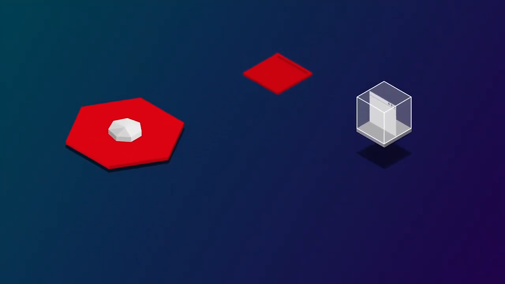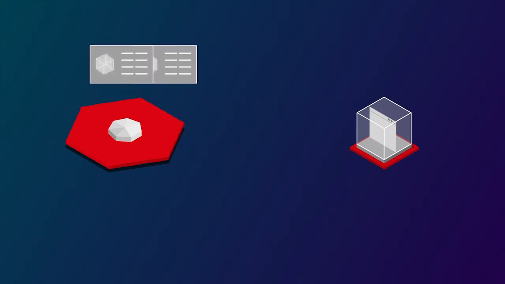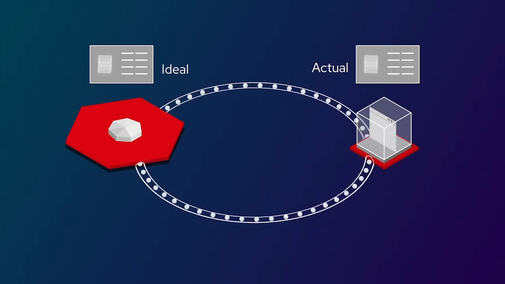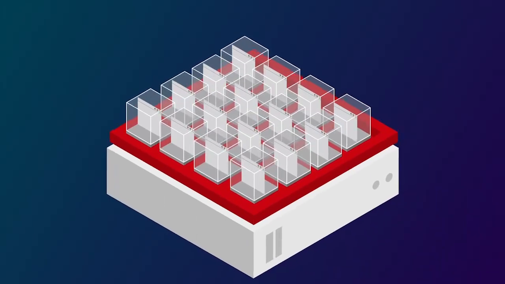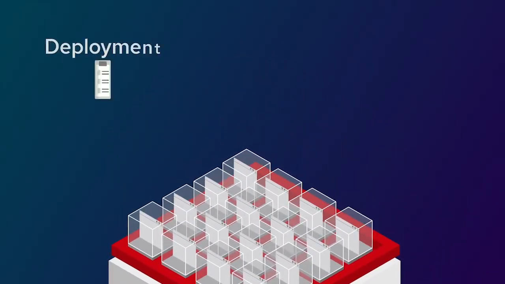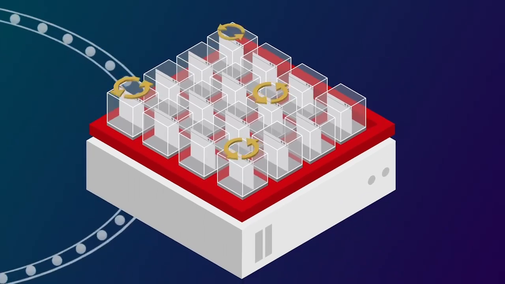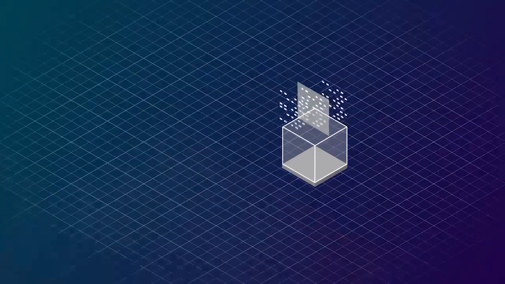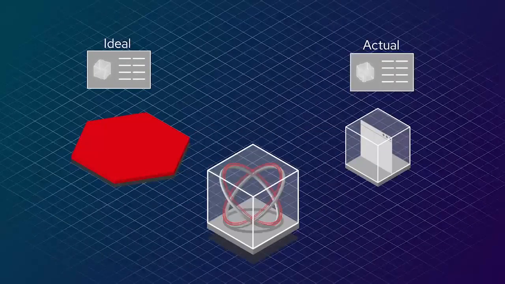Kubernetes runs and manages containerized software according to your specifications. It does this through a control loop that continually checks your cluster to ensure your described ideal state, with the right number of instances, on the right infrastructure, in the right places, with the right deployment, rollback, and failover strategies. Kubernetes automates most of these tasks for stateless applications, but most software isn't stateless. An operator is a scalable, custom version of this control loop for stateful applications.